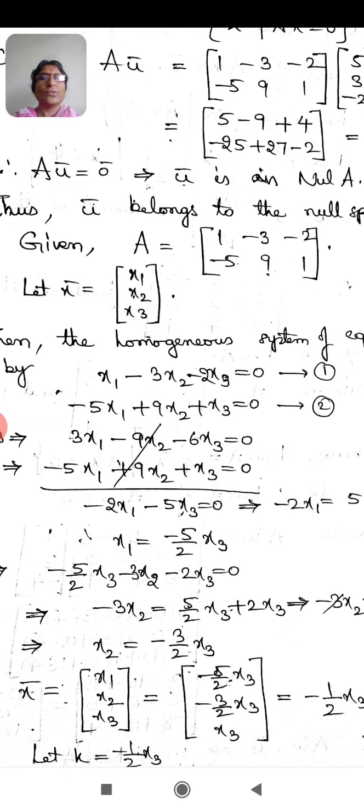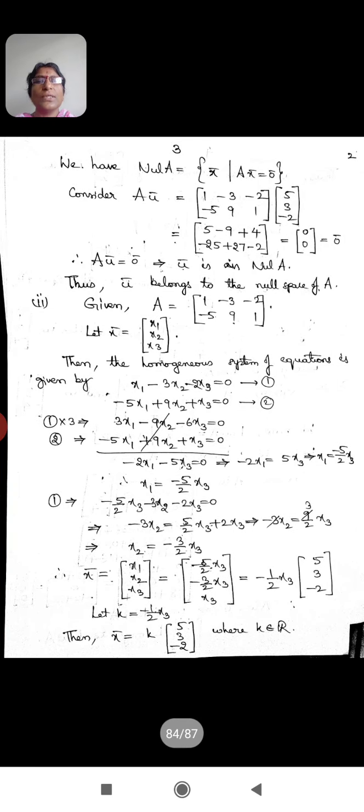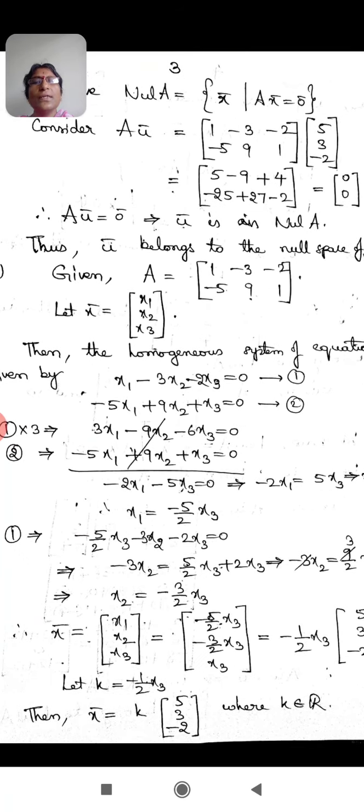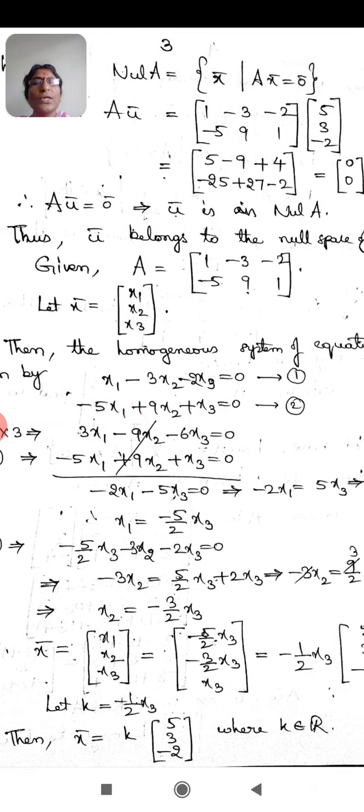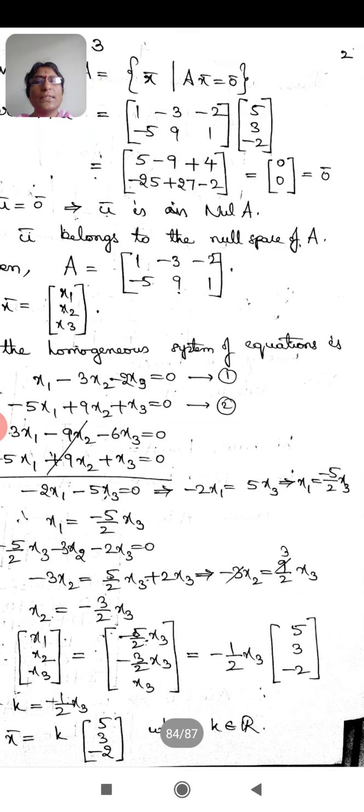Eliminate x2. So I have taken equation 1 into 3, so that it becomes 3x1 minus 9x2 minus 6x3 is equal to 0, and equation 2 I have not changed anything, just written below that 1 into 3 equation, and we can see minus 9x2 plus 9x2 cancels out, and we will be left with minus 2x1 minus 5x3 is equal to 0. From this we are not going to get either the value of x1 or the value of x3, but